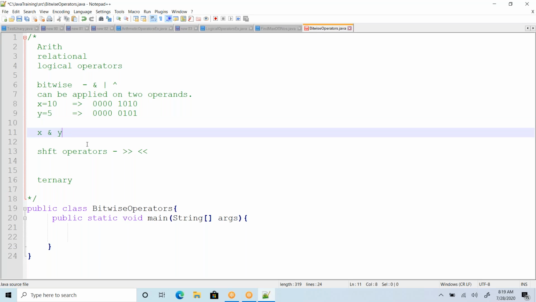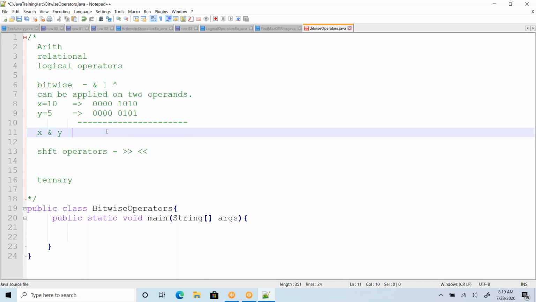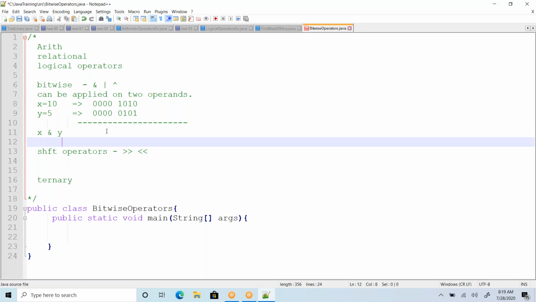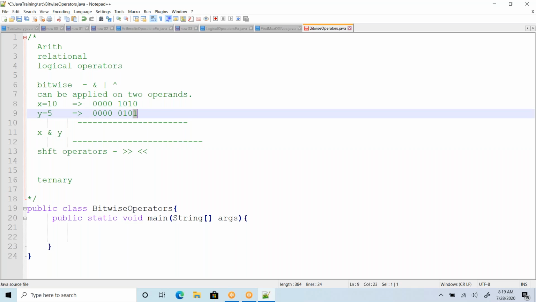So here we have x and y. When I apply x and y, how is it going to perform? It applies the logic on each bit. Again we have a table to perform these operations. You can assume 0 represents false and 1 represents true.